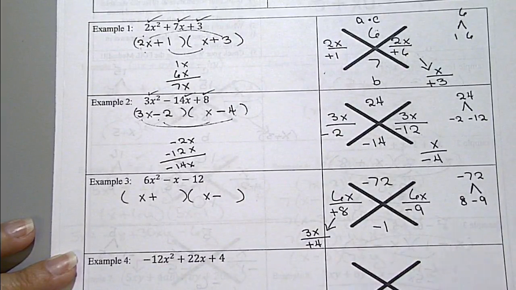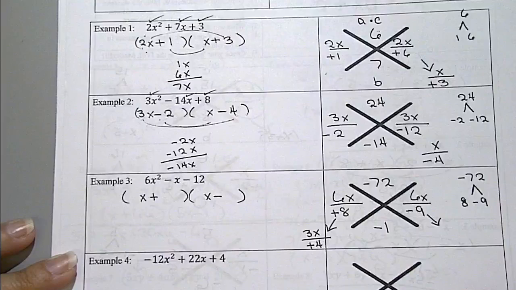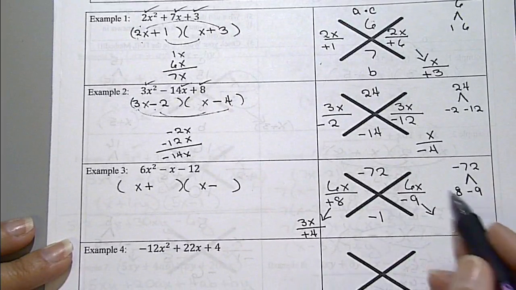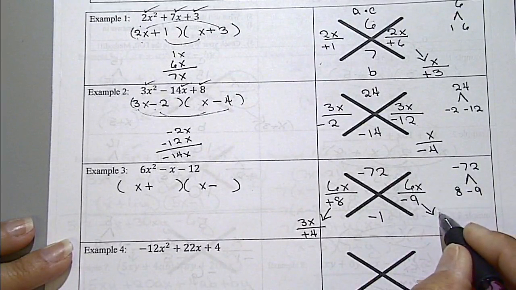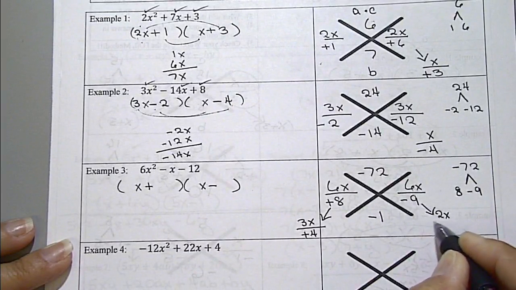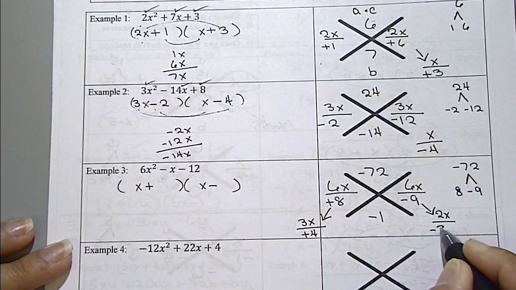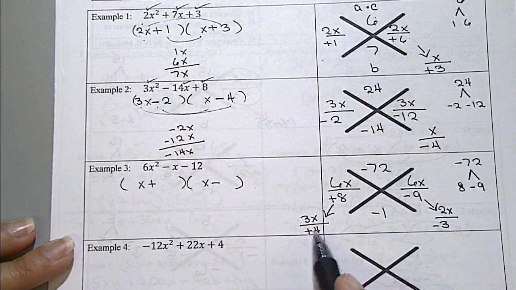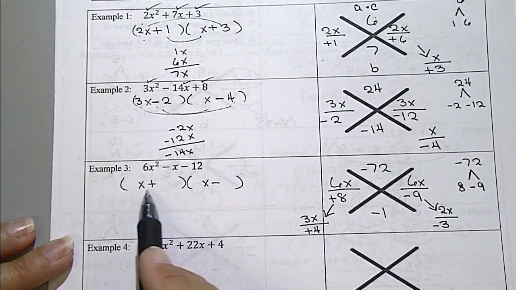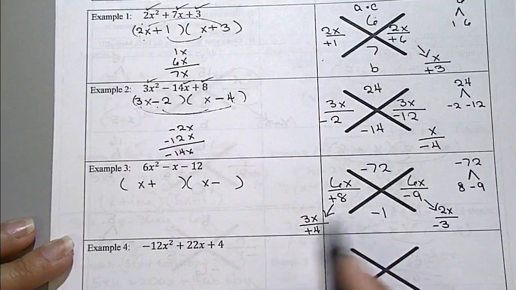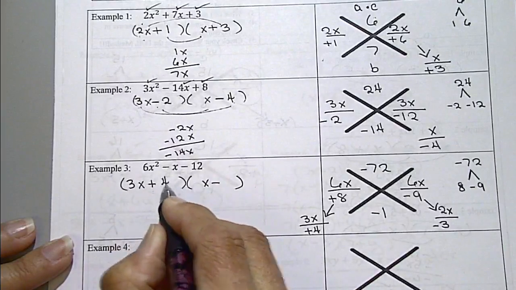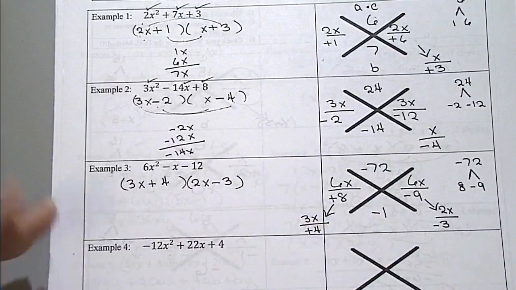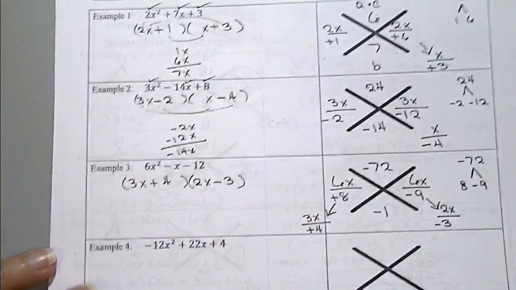That's good, right? Can I reduce this fraction? Divide by what? 3. 6x divided by 3, and negative 9 divided by 3. Okay? Those are my binomials. Now this one has to go wherever I had the plus set up. 3x plus 4 is going to be here. And the other one is negative. It's the 2x minus 3. That's the only thing, I do have to place them wherever I put the negative and positive over there,